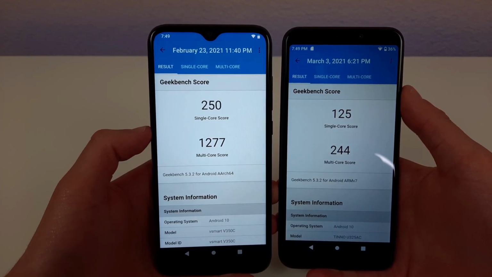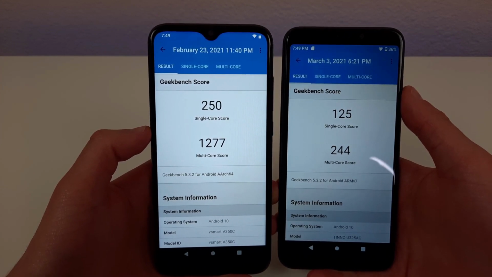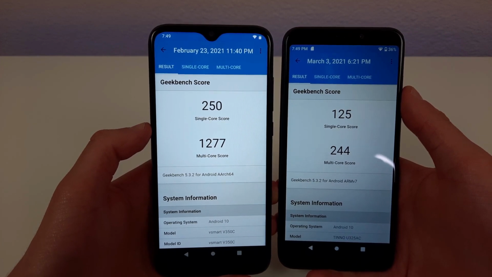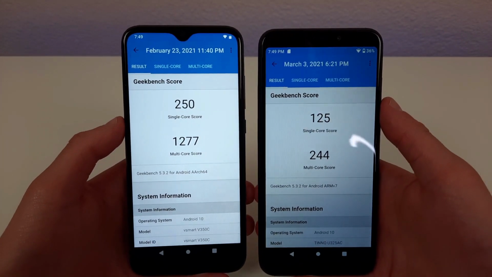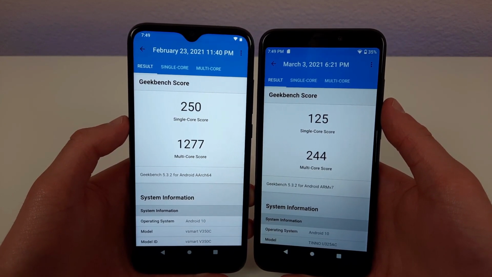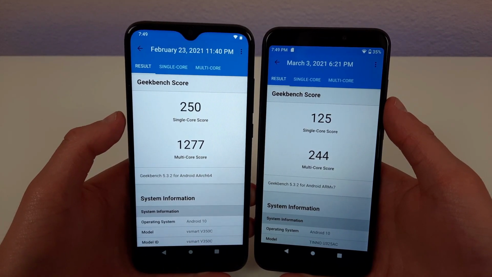So we ran Geekbench 5 benchmark tests on both of these phones, and the Cricket Influence came back with a single core score of 250 and a multi-core score of 1277. And the Cricket Icon 2 came back with a single core score of 125 and a multi-core score of 244. And I believe the Cricket Icon 2 just broke my record for the weakest processor I've seen so far, because